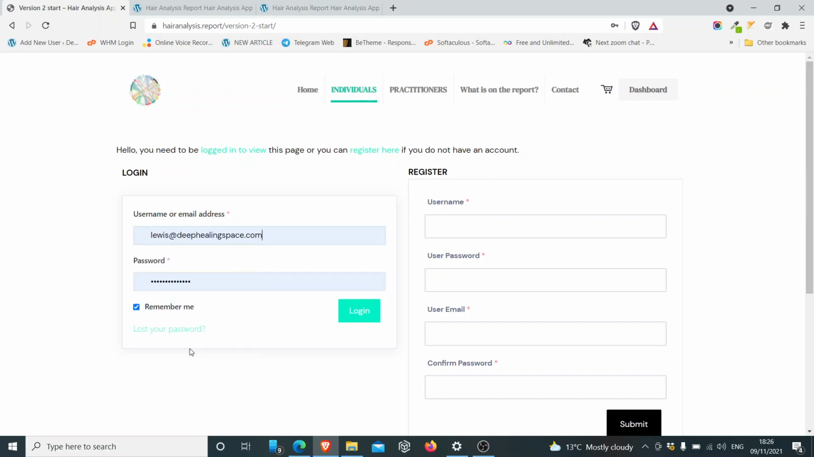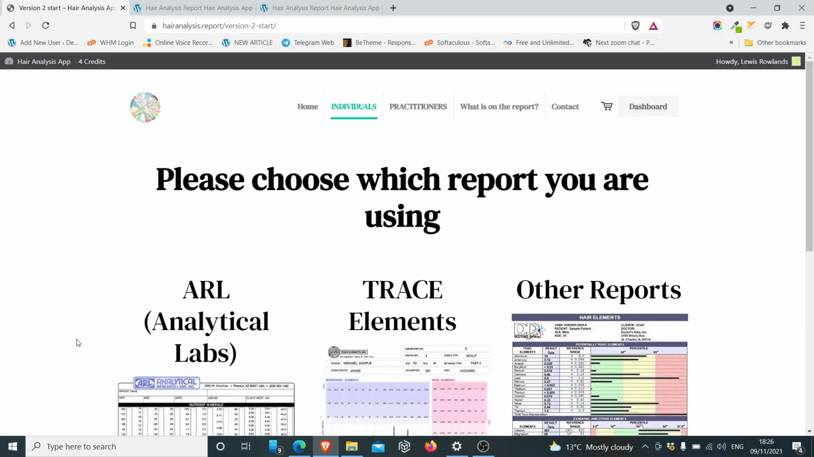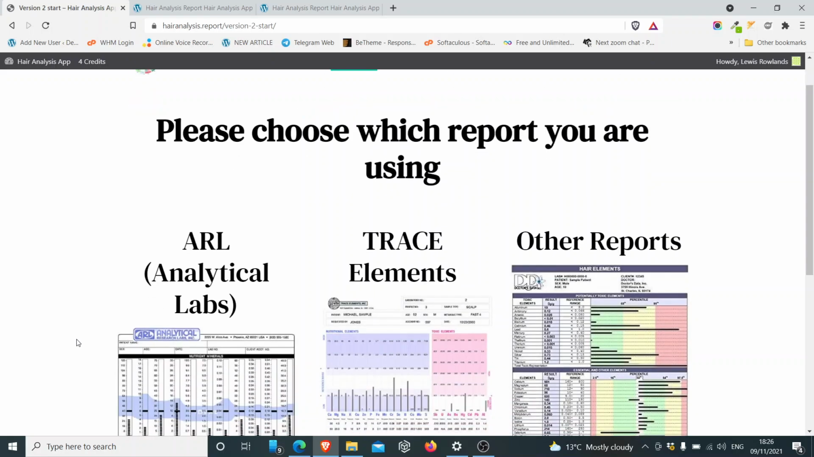The reason why you need an account on this one is because the reports are basically built server side and then saved. But if you want to delete your reports once you've done them, it's really easy. So once you've logged in, you can select which report that you want to generate. So we can try the ARL one,